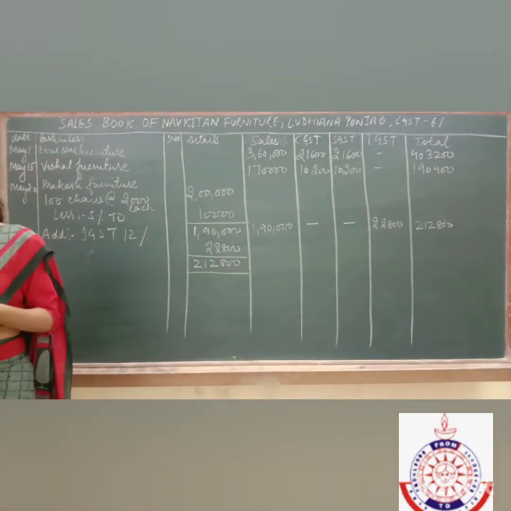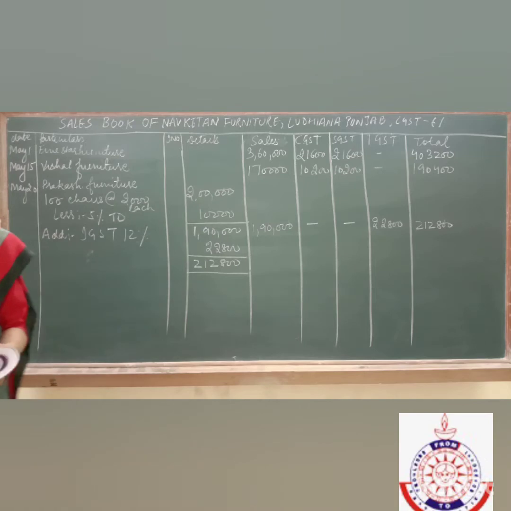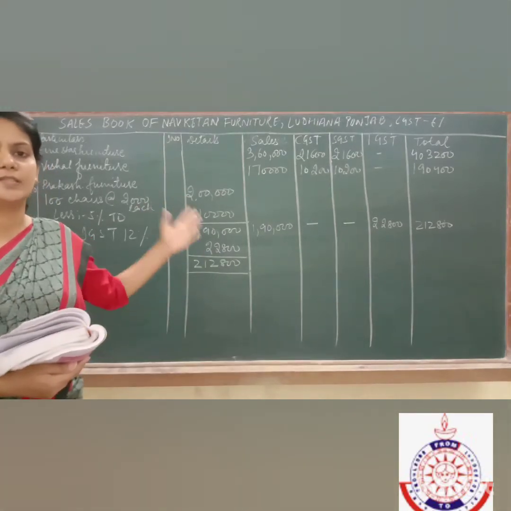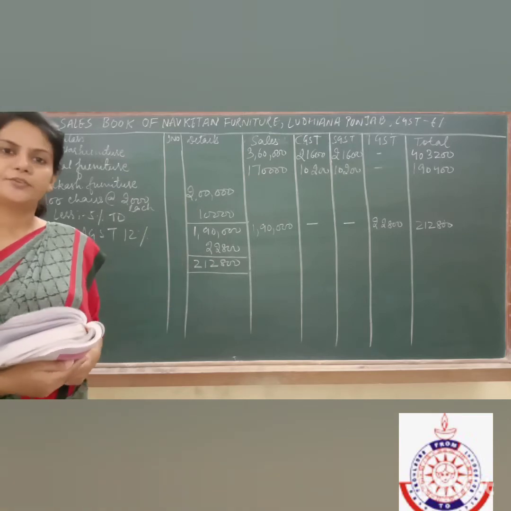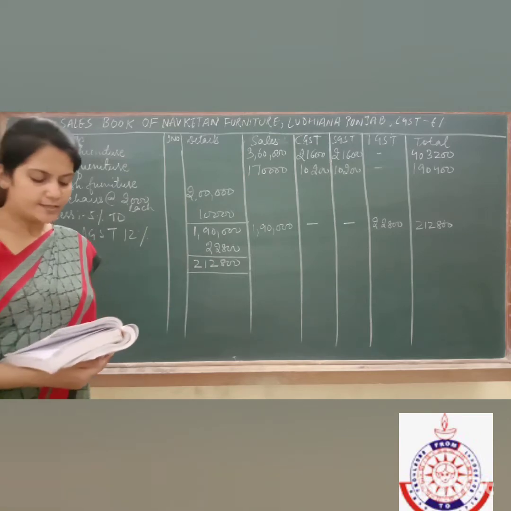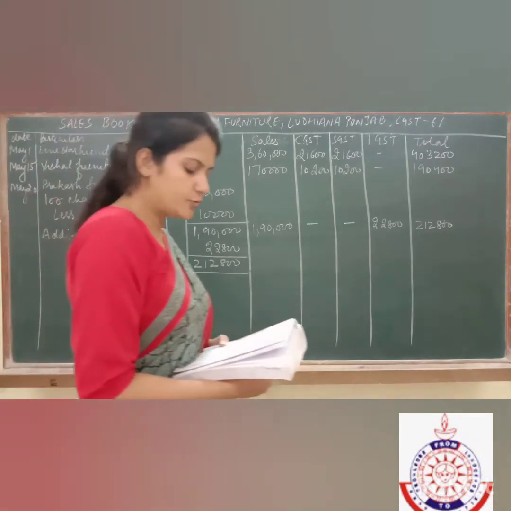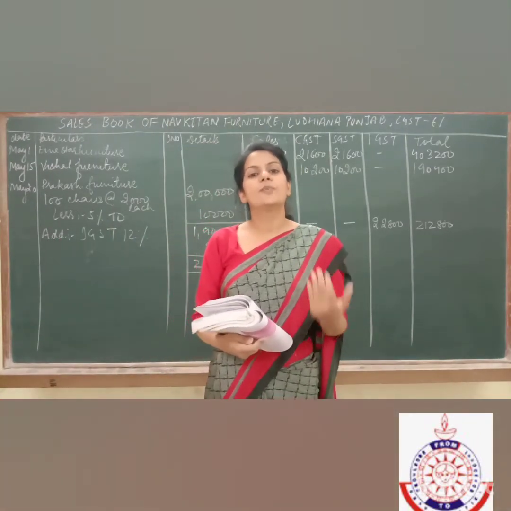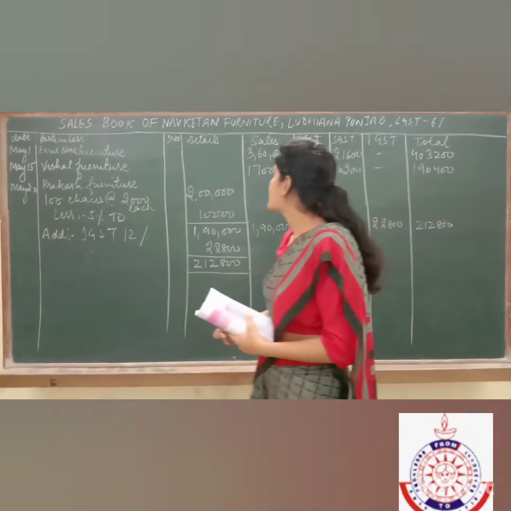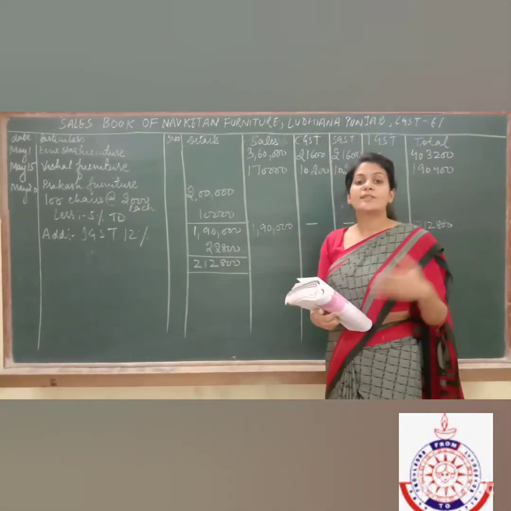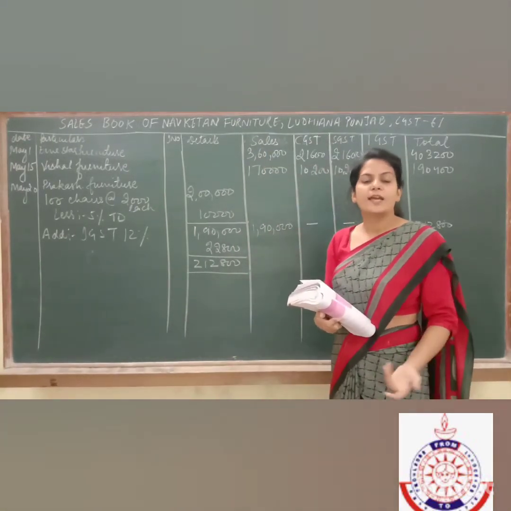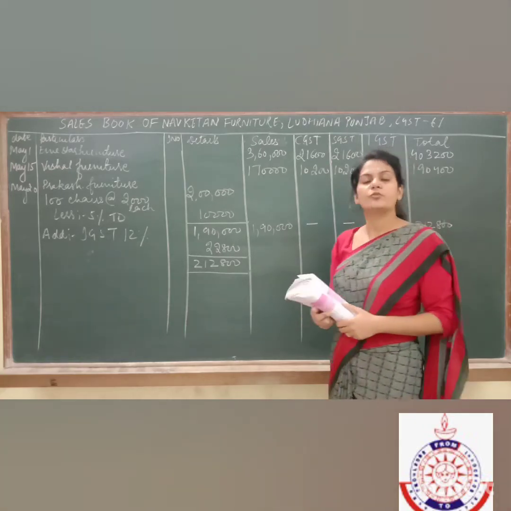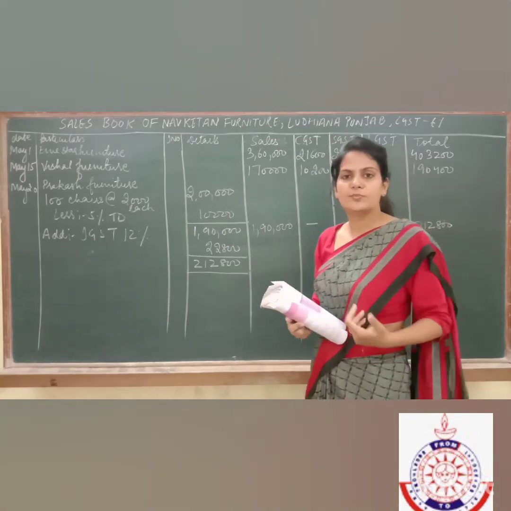Next transaction, now read it. Next is sold to Moonlight Furniture Company for cash. See, cash transactions we are not going to show because this is a sales book. We are going to record only credit sales. So leave it. Next is sold on credit to Sunil Machinery Store. This is a sale of machinery, but our business is of furniture. It means machinery is an asset for us, and the entry of sale and purchase of an asset will not be recorded into sales. So I hope this point is clear.